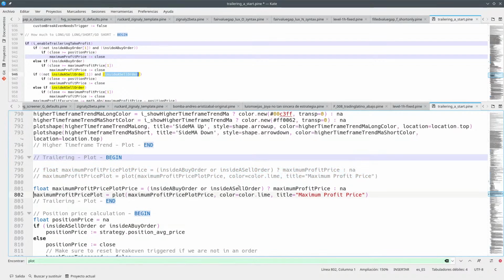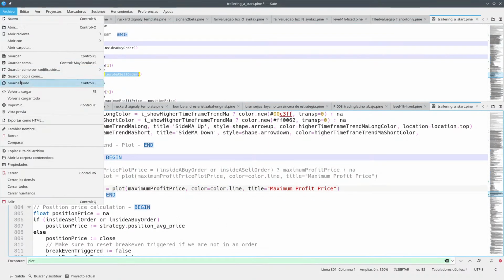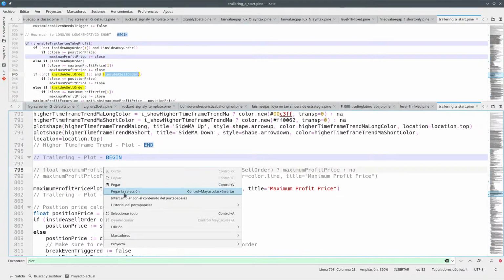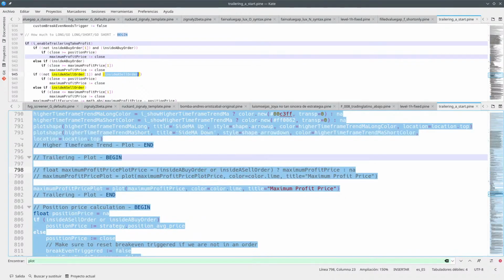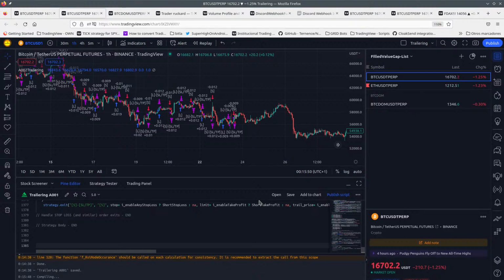And now let's say, look at that, maximum profit price. Going to plot it so that you can test this. Wonder if this is now going to work as expected or not. Because otherwise I'm going to need to check whatever